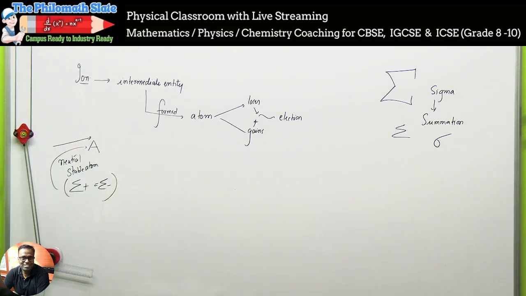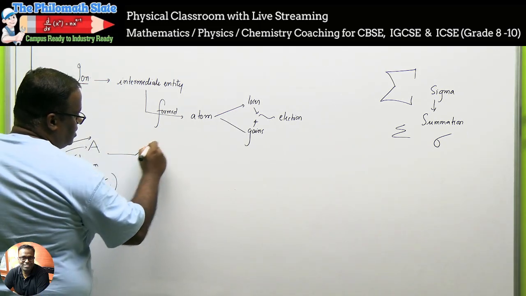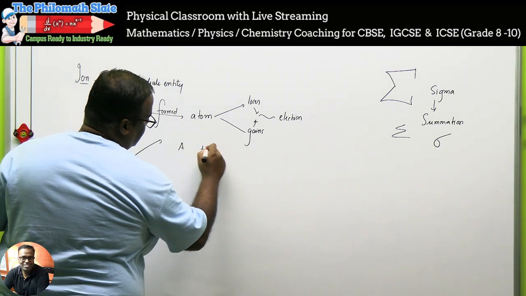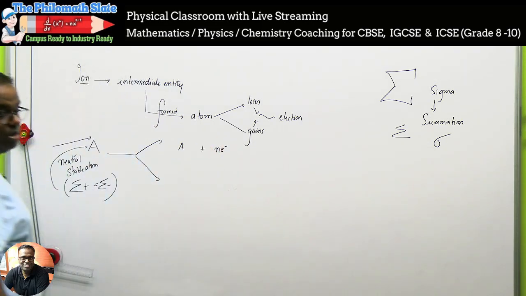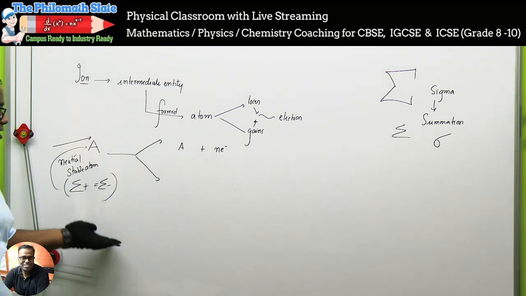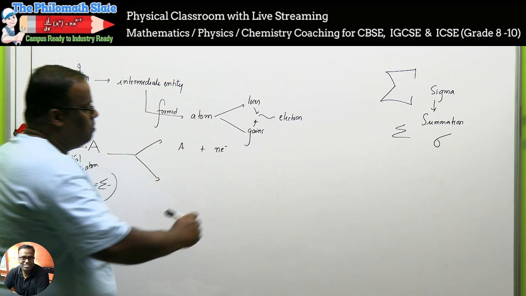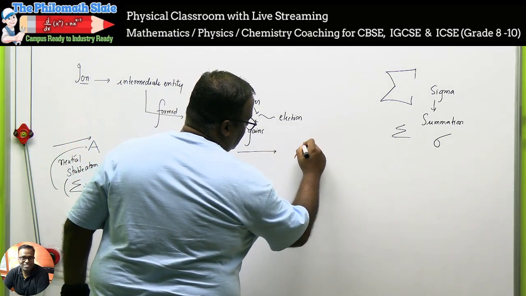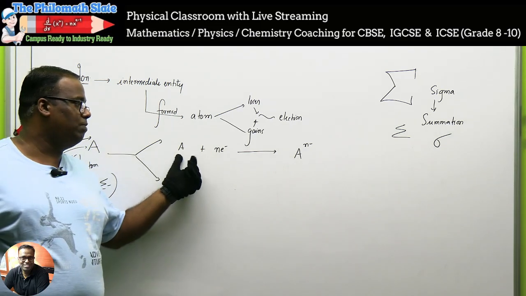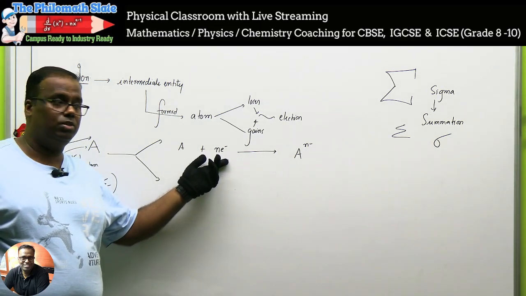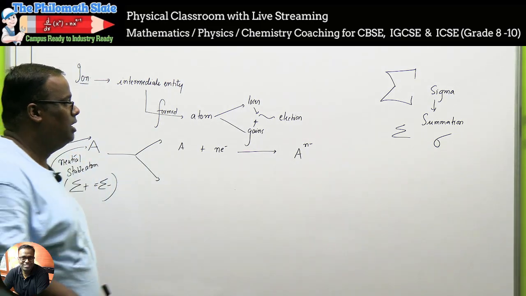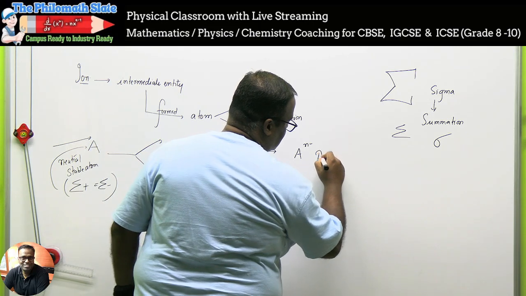Got it? Now, there are two types of things that can happen with A. Generalized, I'm saying, A can accept n number of electrons, right? In that case, what happens? There will be an excess of n electrons on it. So A becomes an ion, A n minus. Suppose there were 5 electrons and 5 protons, and it took 2 extra electrons. So 2 extra electrons will come up as negative charge. Is it clear? Such a type of ion is known as an anion.